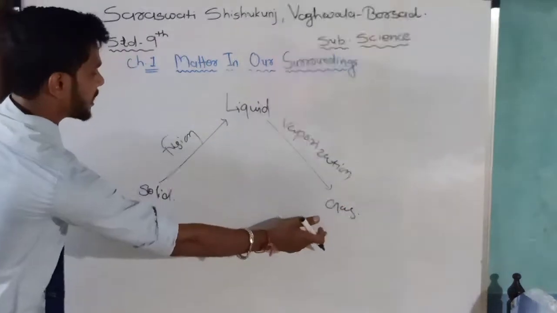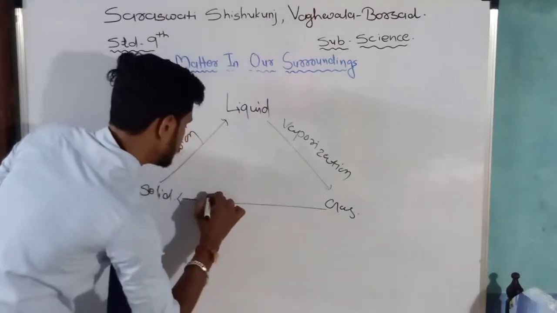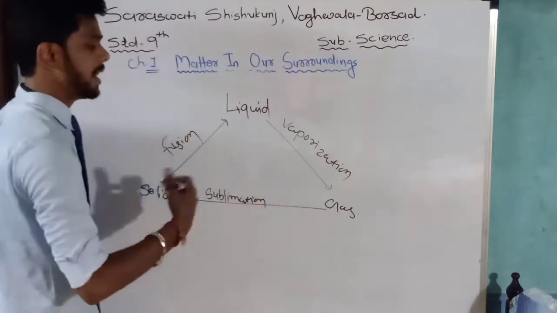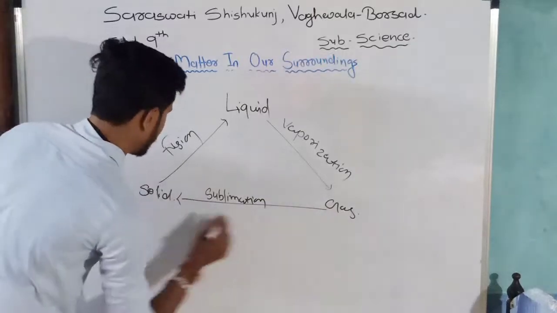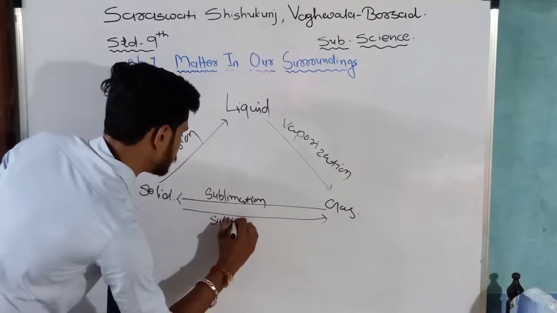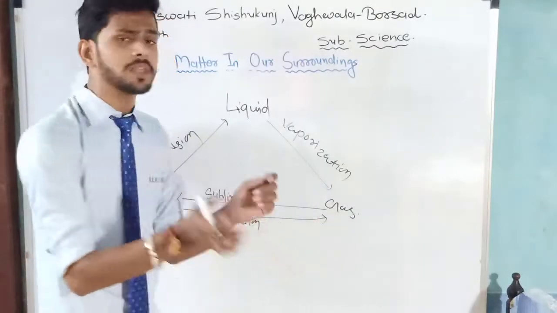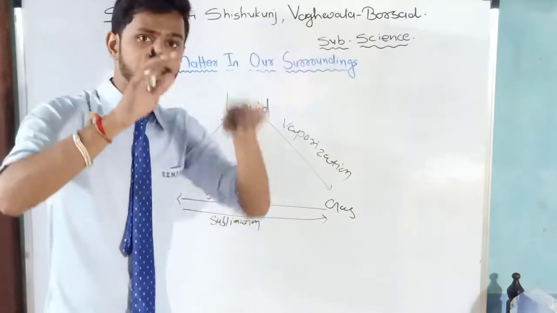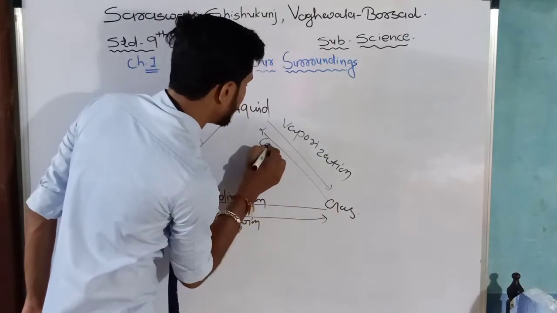And gas is directly converted into the solid state, that is known as sublimation. And again, if solid is directly converted from solid to the gaseous state, that is also known as sublimation. If gas is under the process of cooling or pressure and we are lowering the temperature, it is converted from gaseous state to the liquid state, that is known as